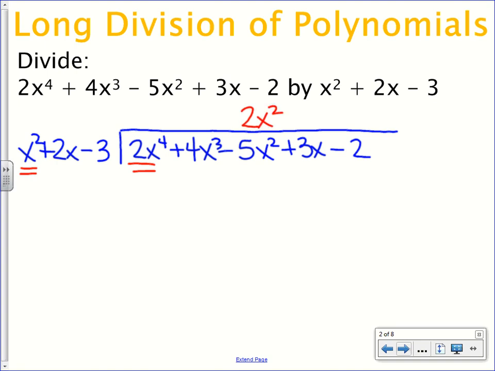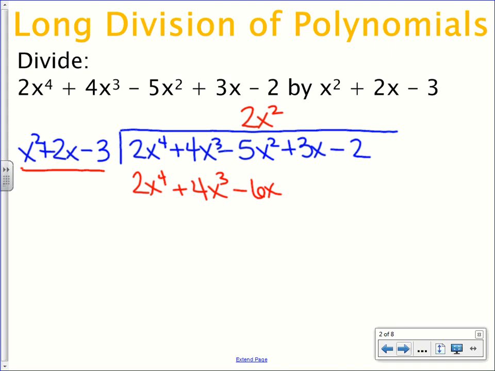I ask that you organize everything by columns. So you see our dividend here. We've written everything in order. My 2x squared is going to go in the x squared column, so everything lines up together. Now we need to take our entire divisor and multiply it by the number we wrote up there in our quotient. So x squared times 2x squared gives us 2x to the fourth. 2x times 2x squared would give us 4x cubed. And negative 3 times 2x squared would give us